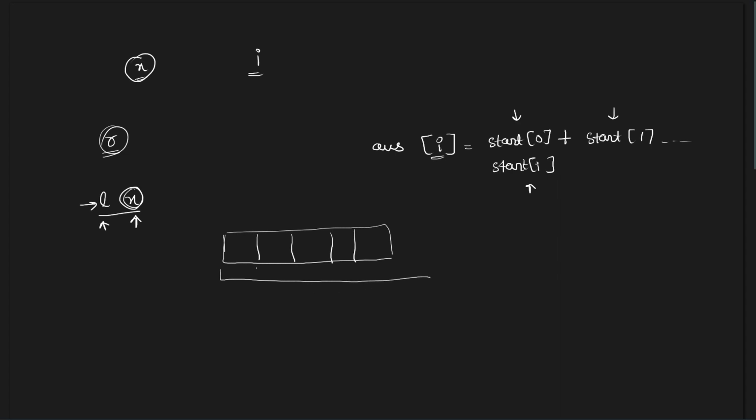There is a range starting from 1 like this. There is a range starting from 2 like this. There is a range starting from 3 like this. So if I want to talk about i equals 3, you would observe that the element, that the